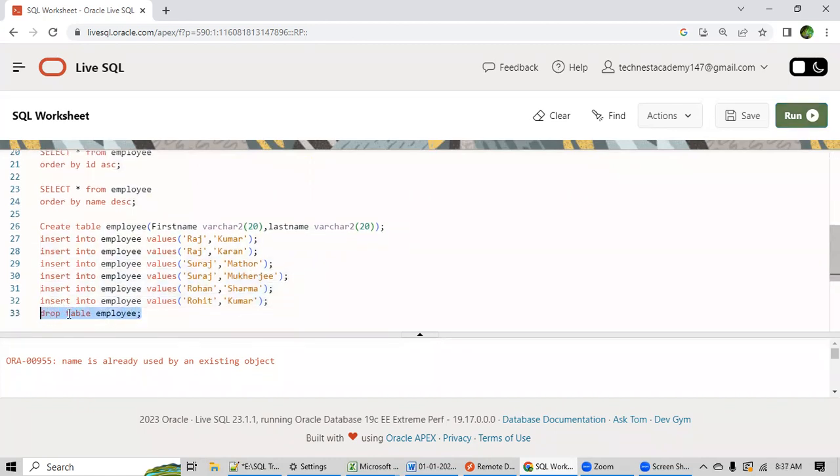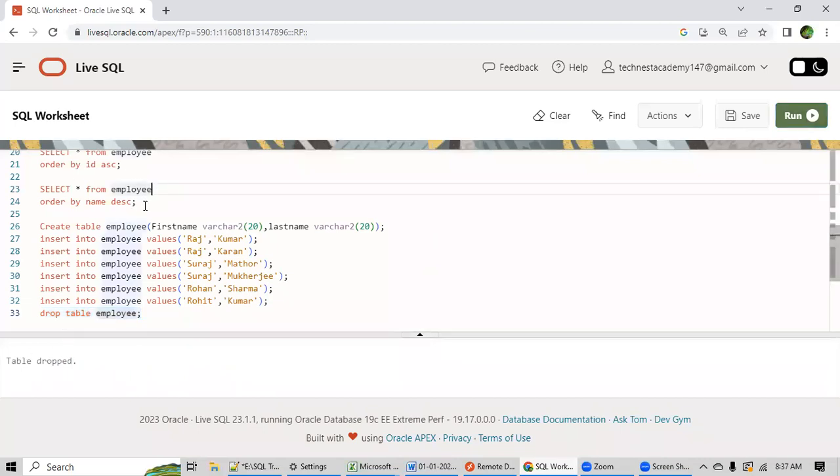So for that, what you have to do, first of all, is delete the previously created table. For that, the syntax is drop table. We will discuss this drop separately, it's a big concept. But for the time being, just understand that if you want to delete an existing table, you have to write drop table and the table name. So the existing table will be deleted. So the previous table is deleted.